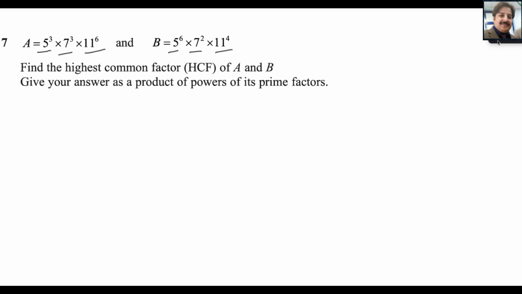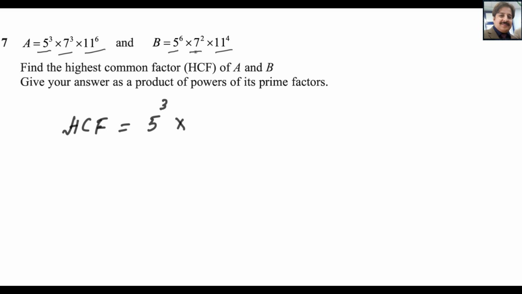So how to find the common factor between them? Look here, 5 cube can be taken common from both of them. And here 7 square can be taken common between both of them, and 11 to the power 4 will be common between them. So these numbers are common factors here. So what will be the highest common factor in this case? It will be 5 cube